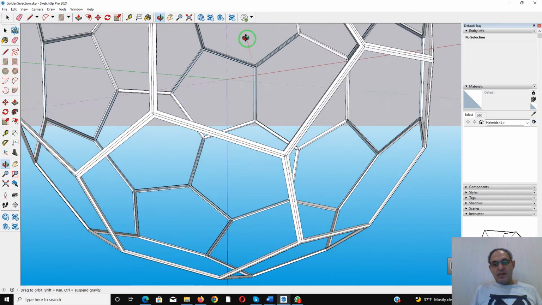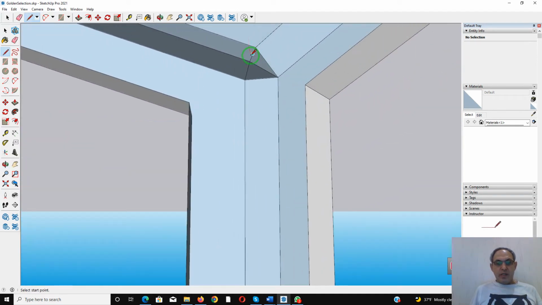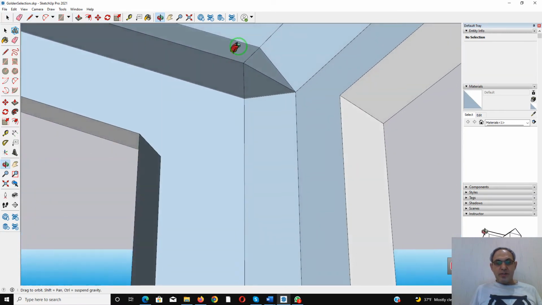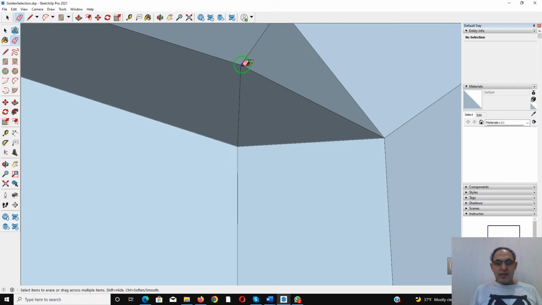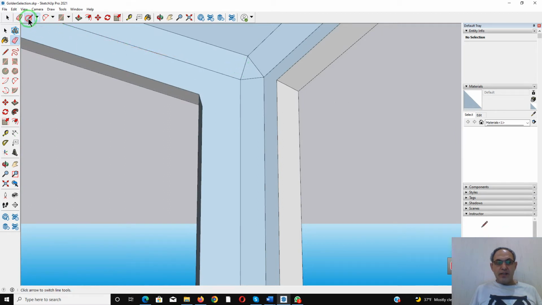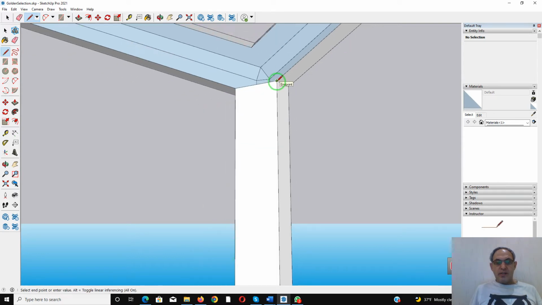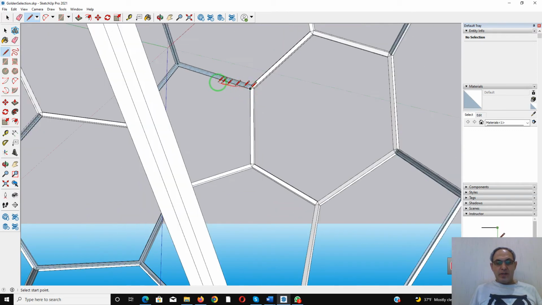and let's go to the other corner. Here also there is some unnecessary geometry, should be deleted. So I'm going to select the eraser, and then I'll click on the vertex over here, and now I'll take the line tool and connect this one to here, and also connect to here, and from here to here. Okay,